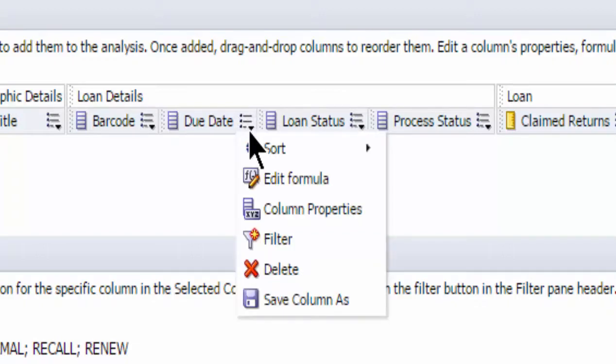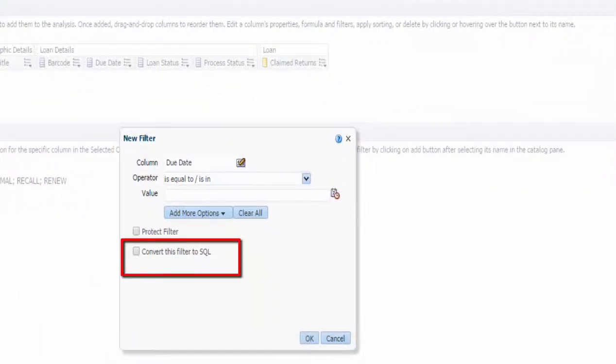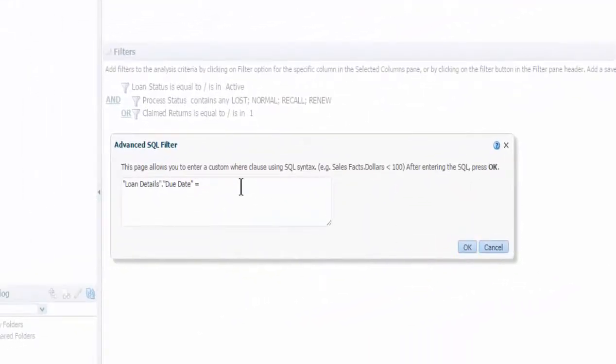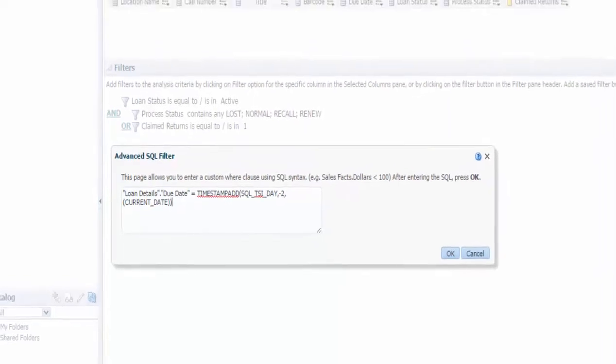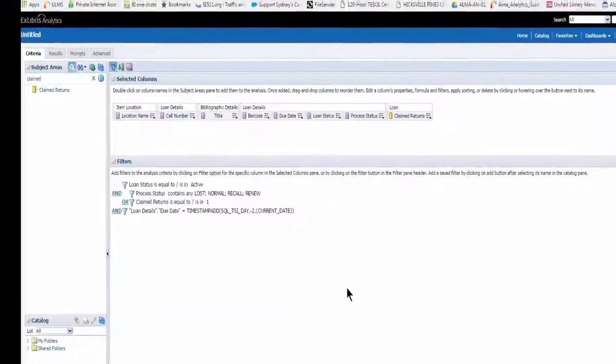Go to Due Date and add a filter. Click the checkbox next to Convert this filter to SQL. We can now use the timestamp add function we learned in the last video, except this time we will put -2 so we see items that were due 2 days ago. If we run the query,